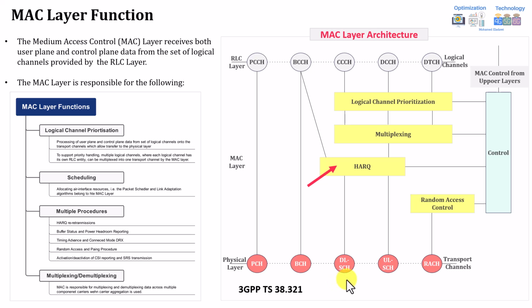But again, if you watch the previous sessions, as you know, RLC already has retransmission. So why do you need two different layers of retransmission? One in the RLC, in the top layer, which is here, and one in the MAC layer, or the HARQ in general, which is part of the MAC layer. The reason for having two retransmission mechanisms on top of each other